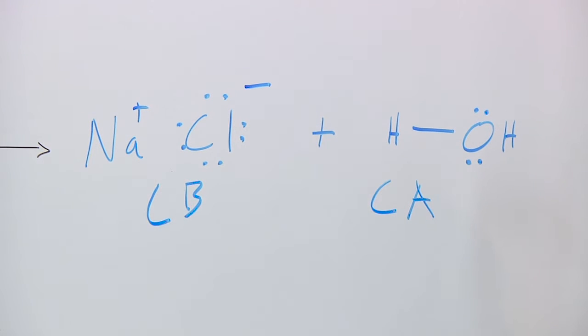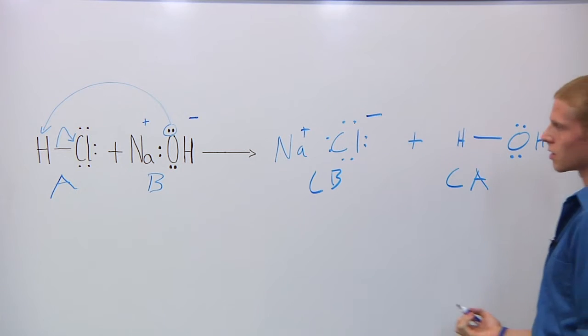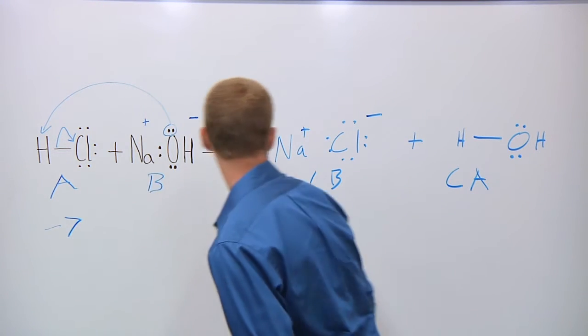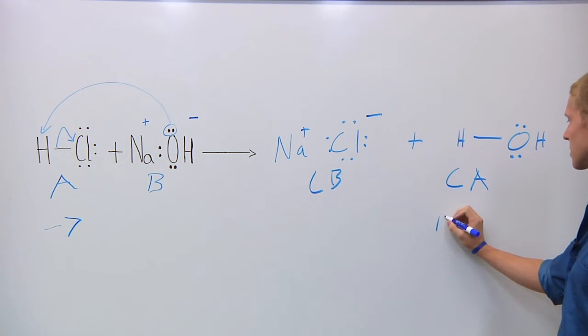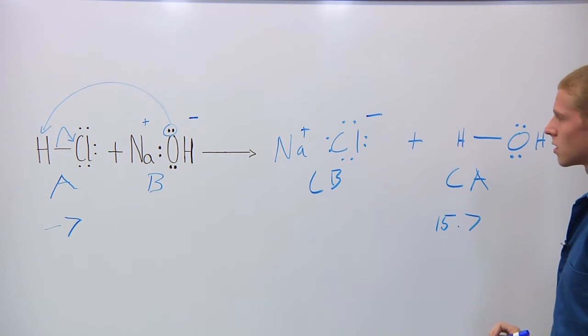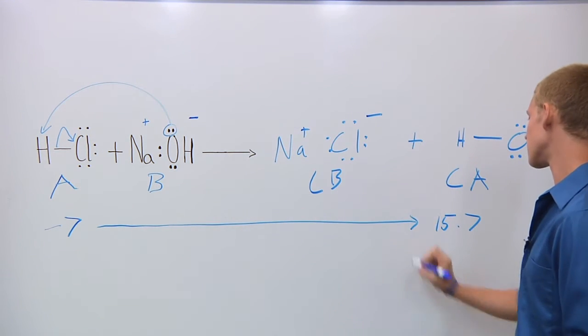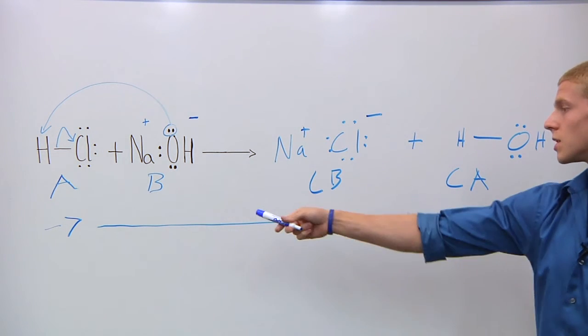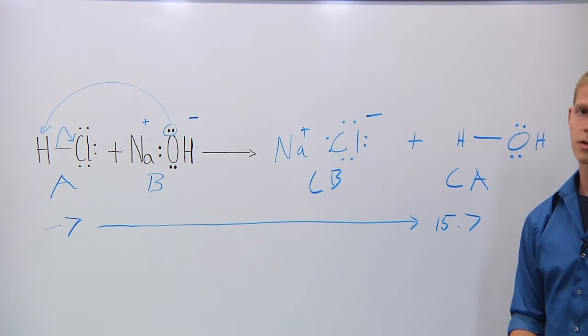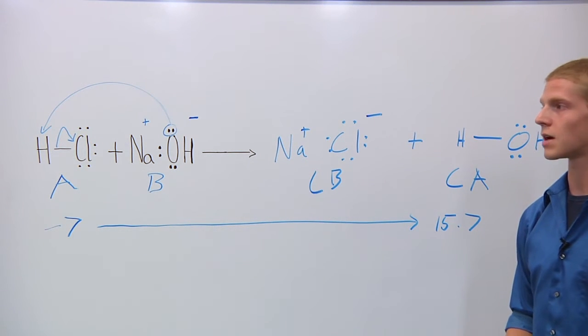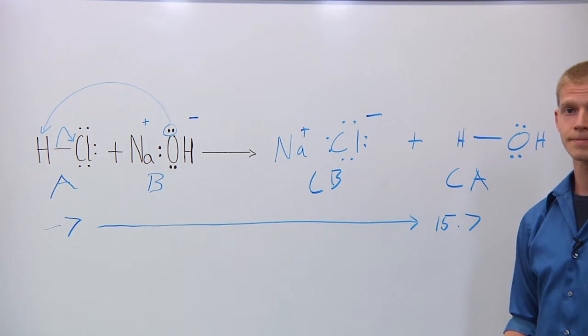And now we need to assign pKa values. And over here, for the hydrochloric acid, we're going to have -7. And for the water, we're going to have 15.7. So we can see that it goes from -7 to 15.7, from a lower pKa value to a higher pKa value. So this reaction will go to completion. And if you need any more help, refer to your acid and base tutorial sheet.